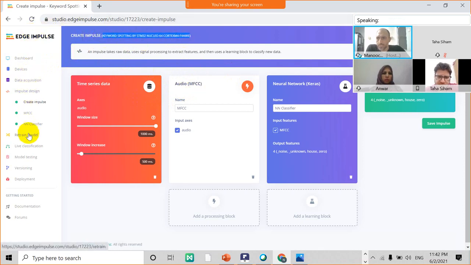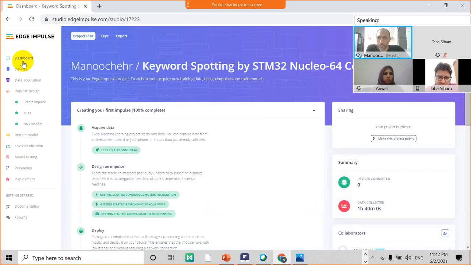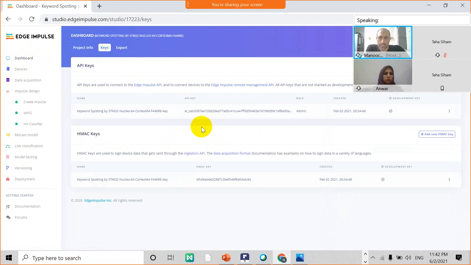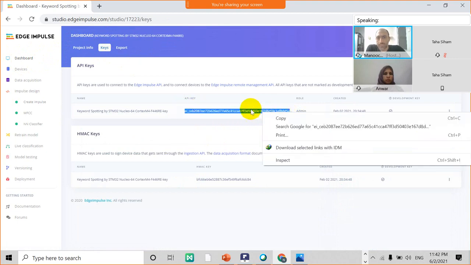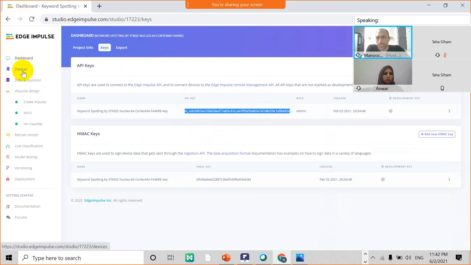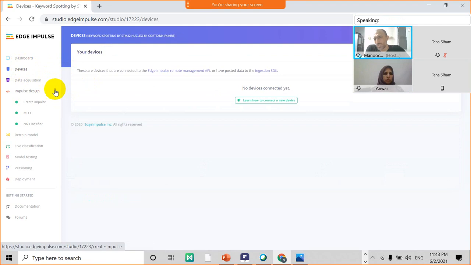Here we can see what kind of device we have available in the dashboard. We have some general information, but the most important is here in keys. This API key is important to copy and keep, because we need it during setting up the data set and using this training model. About the data acquisition, we have